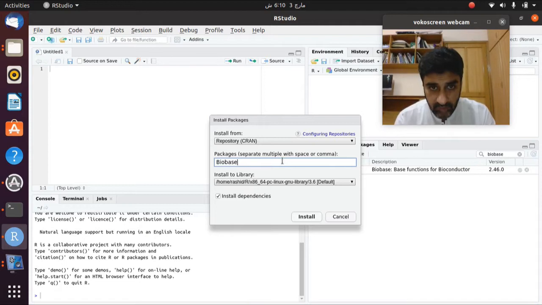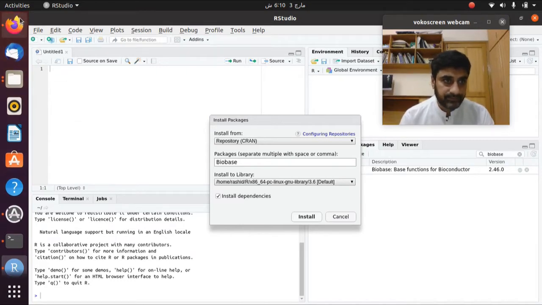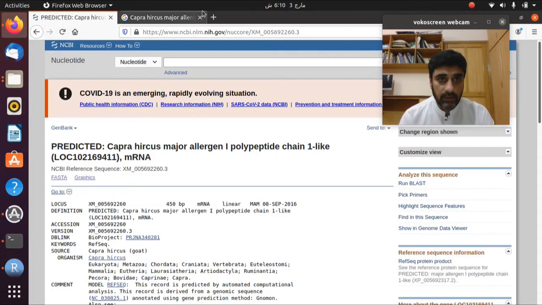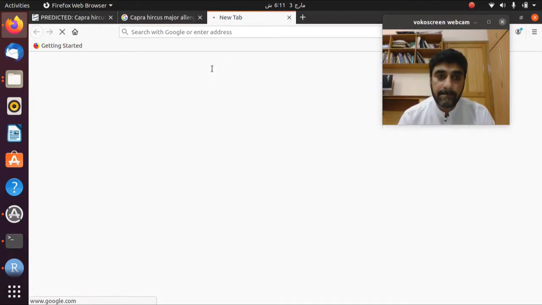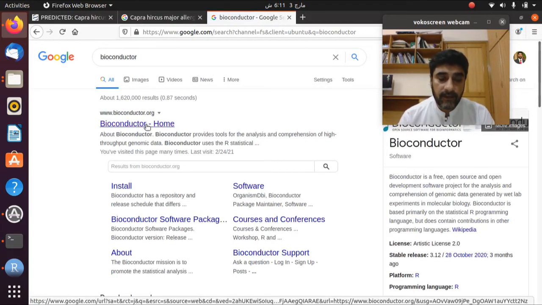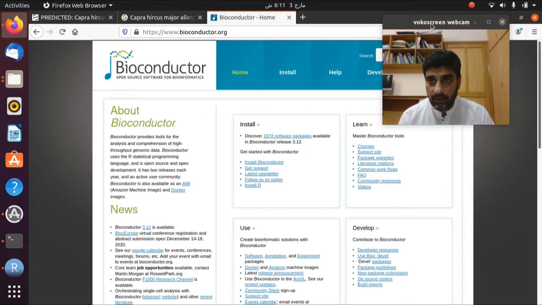You can also check it from the package archives. If that is not appearing here, you can go to Bioconductor. The other way is that you can go to the Bioconductor website, I will show you. This is a website where almost all the R packages are available.